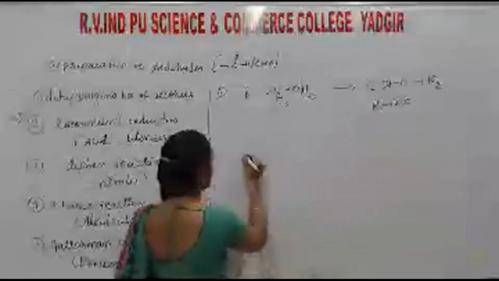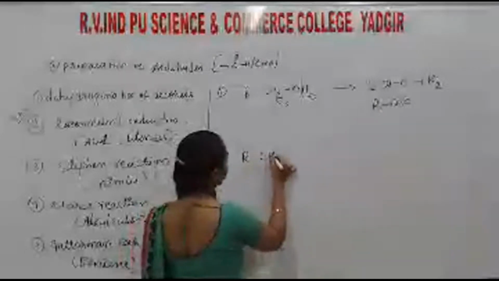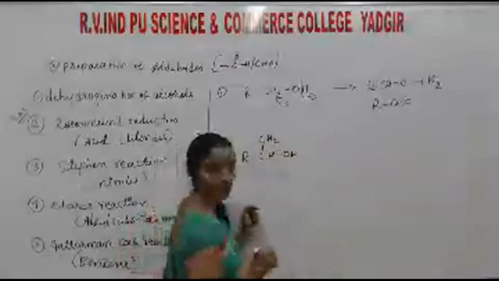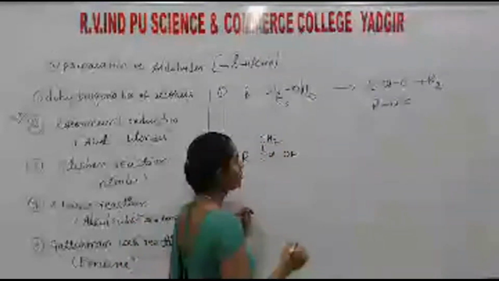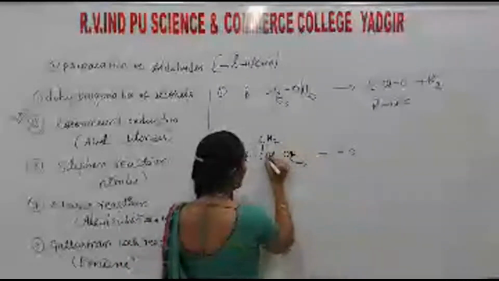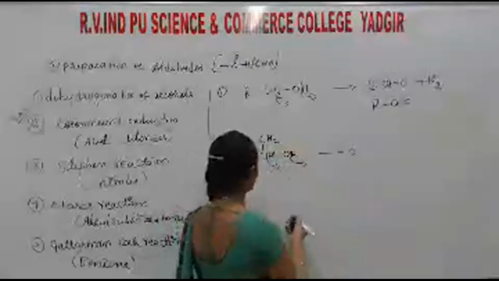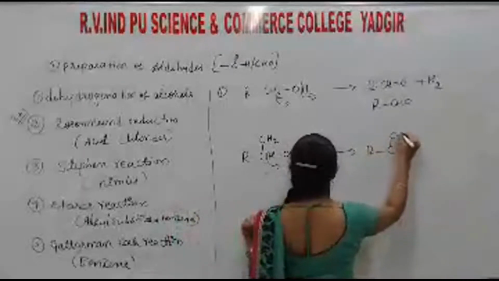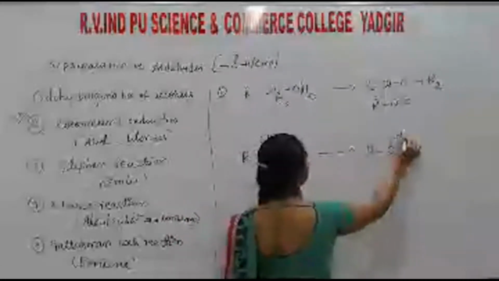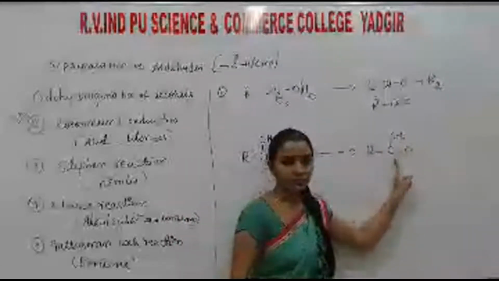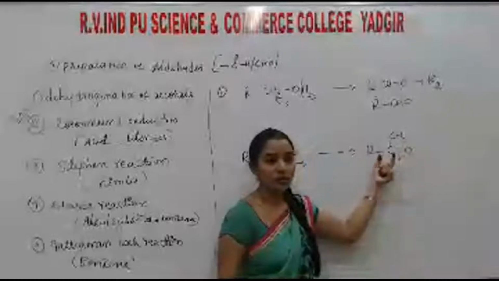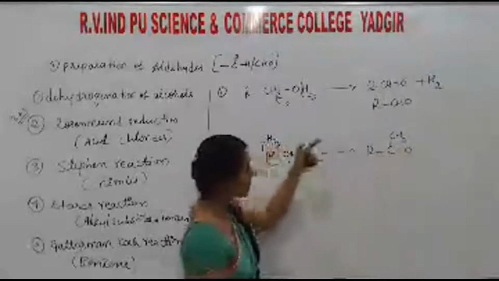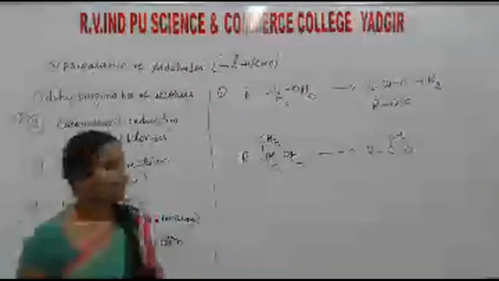If it is secondary, then what happens? R CH CH3 OH. Okay? So listen here. One H is removed from here, another H is removed from here. Then what is the product formula here? R C double bond O CH3. This is a ketone functional group. So at the secondary carbon atom we are getting a ketone. Understood? So for preparation of aldehyde, the main thing you have to remember is